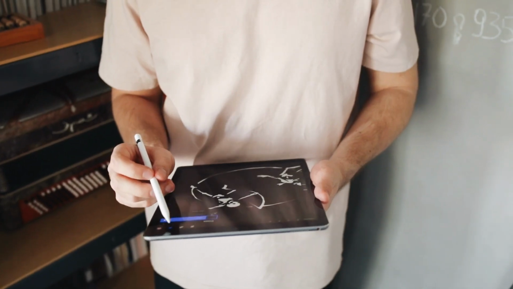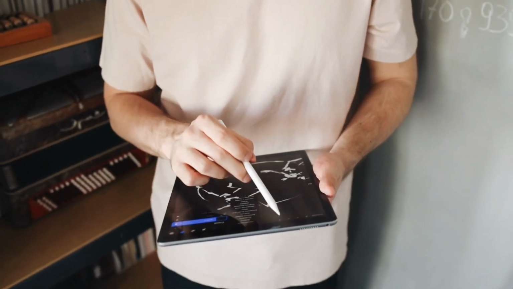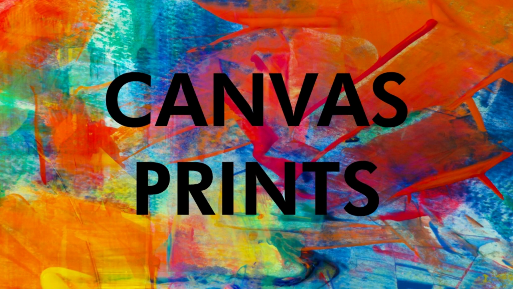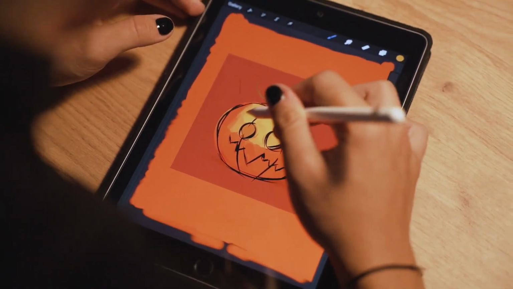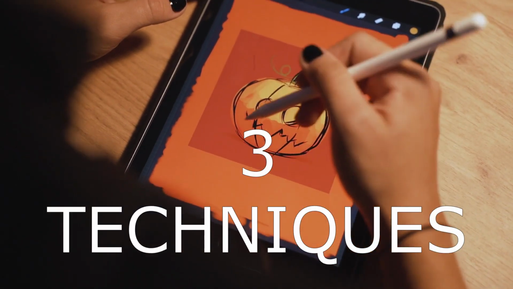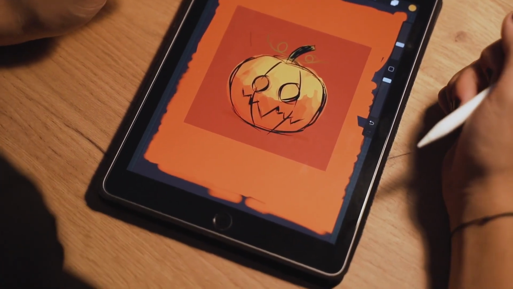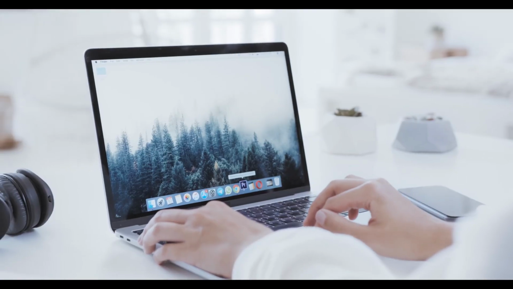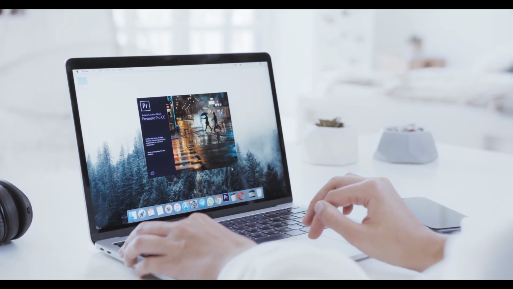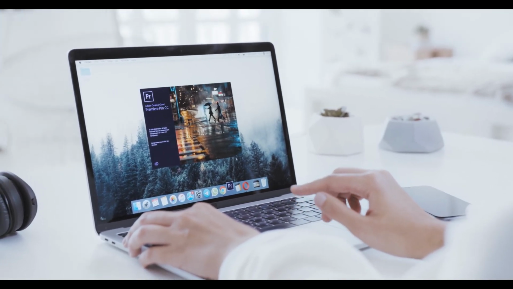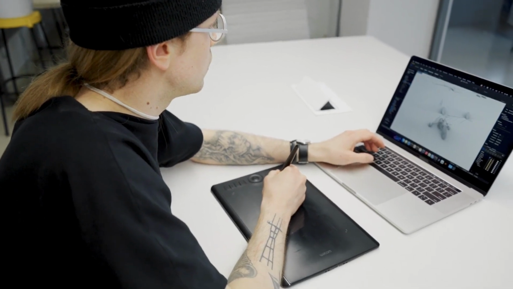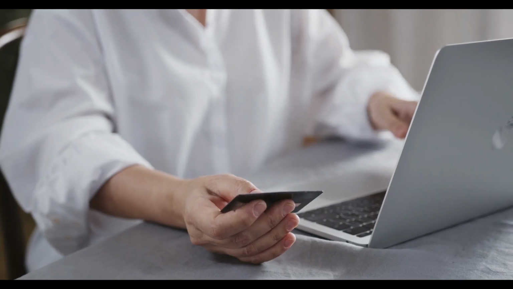A common question that I get is, how do you actually make art prints, canvas prints? So in this video, I'm going to walk through 3 techniques that are pretty simple actually. You don't need to be intimidated and you don't need to spend countless hours working in Photoshop or Affinity Photo. I'm just going to show you 3 really quick tips, and you can use these to create artwork that actually